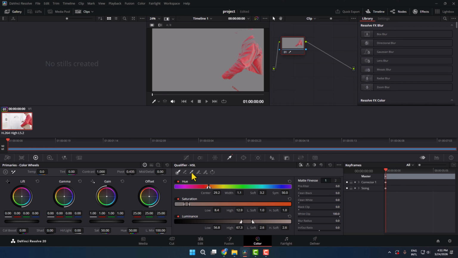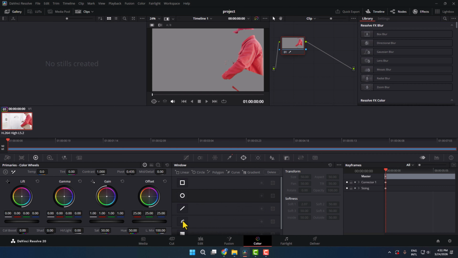And then select this picker add tool and click on your missing color to reveal all your color, just like this. After that, select this window tool and select the pen tool, and then draw an area around your object,